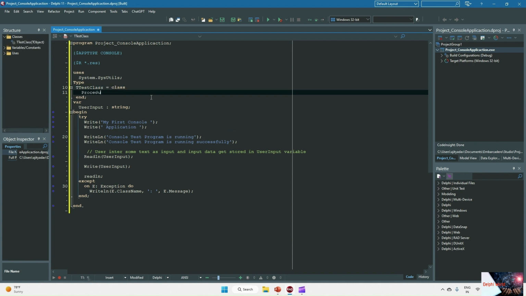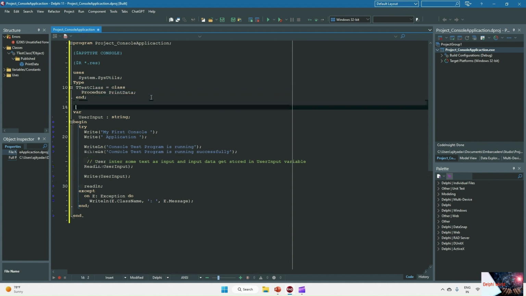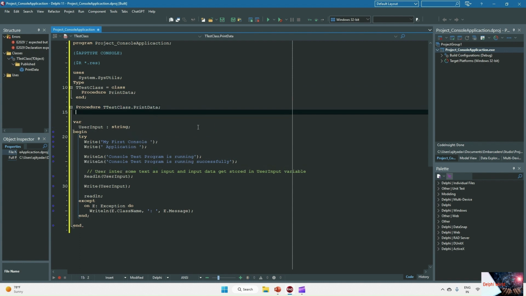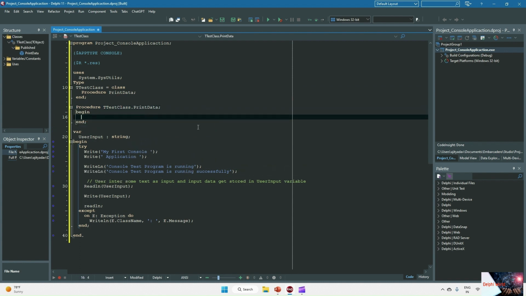Plus I'm writing one procedure, print data. I can write here, get the definition, begin, and just write here